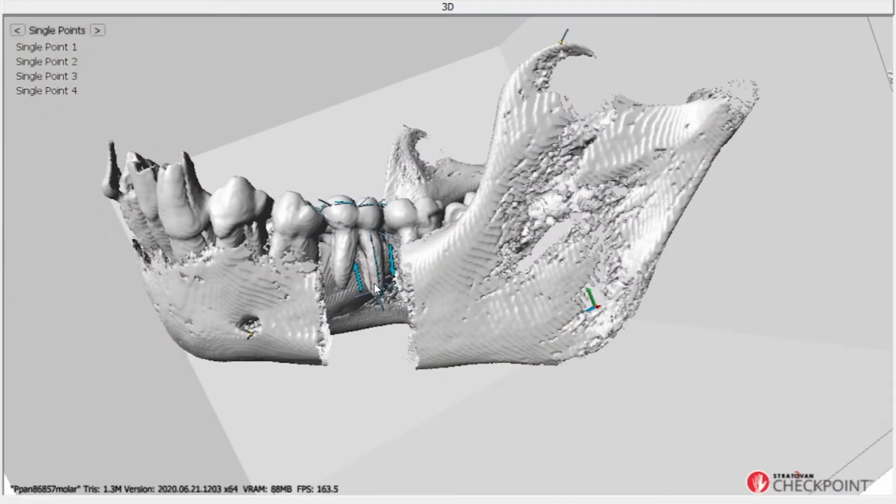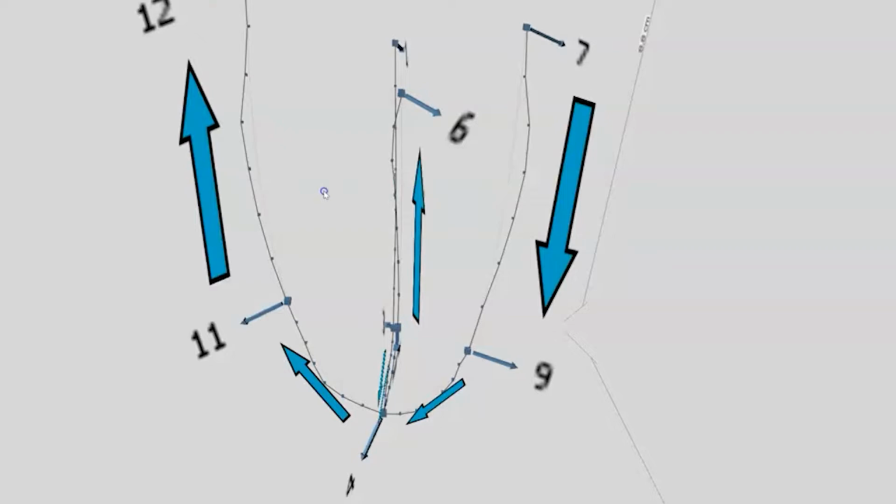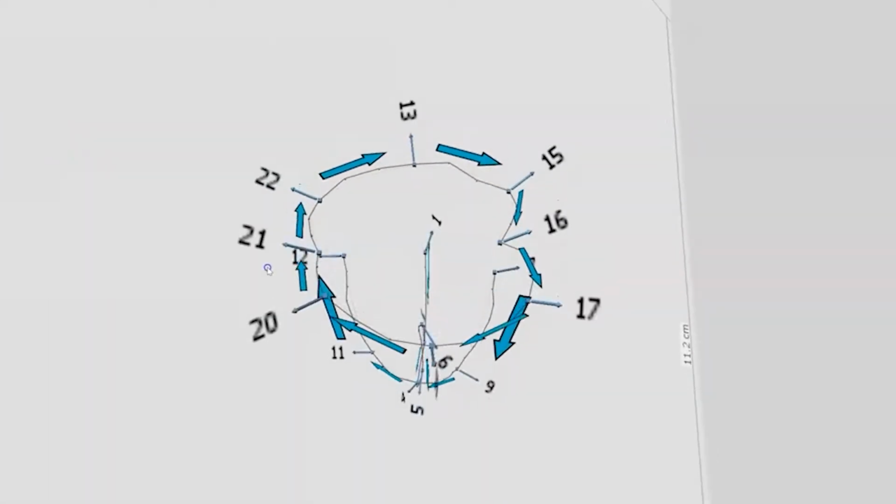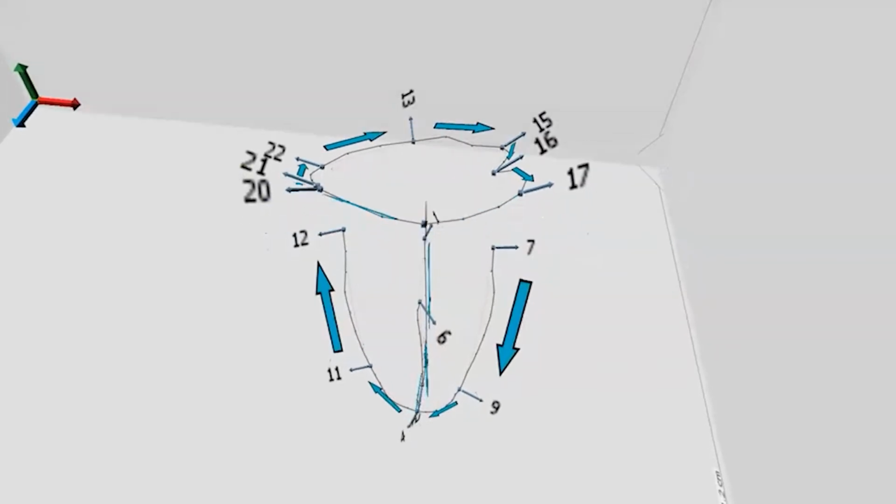Part of our project is to collect three-dimensional landmarks on the tooth crown and roots, and to use those to determine how well the shape of the teeth correlates with the shape of the mandible. My colleagues and I had created protocols to collect landmarks on the teeth, but the protocols we were using